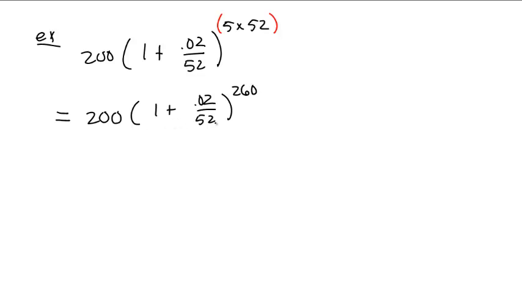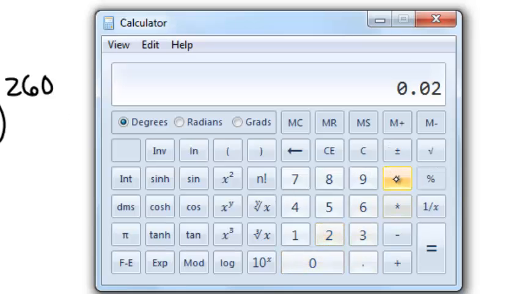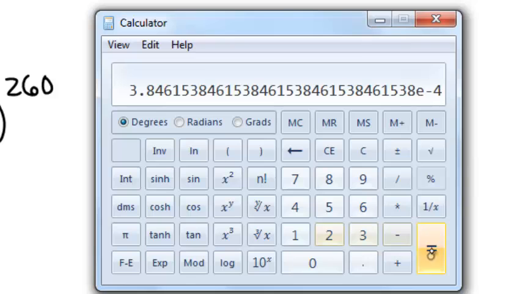Now we have to figure out what the thing in the parentheses is. We do all the parentheses stuff first. What do we have? We have 1 plus 0.02 divided by 52. Order of operations says division comes first. So we go 0.02 divided by 52, and we get,